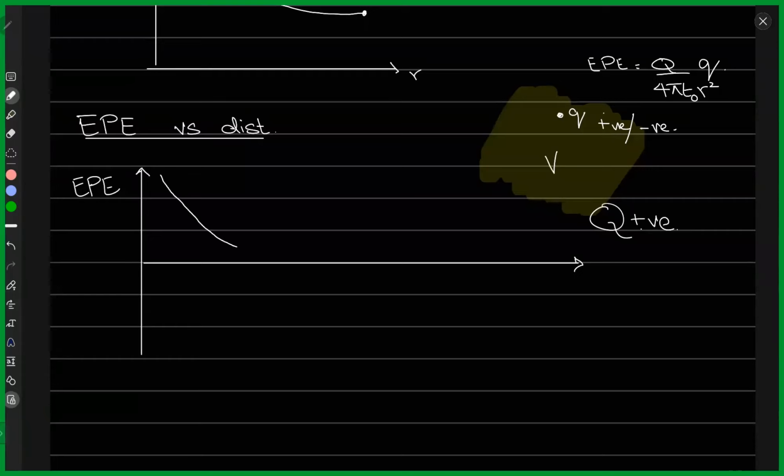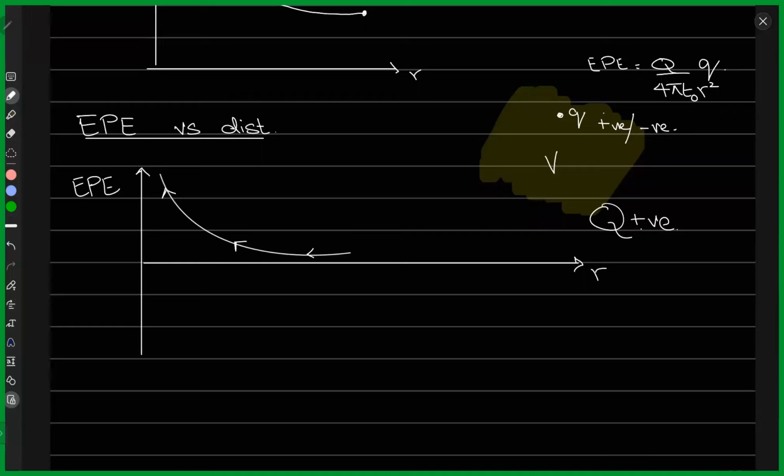and closer to, let me try to draw it again. I hope I can draw it properly. Yeah, so it looks something like this. You can see clearly from this graph that as it comes closer and closer to another positive charge, this radius r is decreasing. r is just the separation between the two charges. So if my small q comes closer to this positive capital Q, I can see that the electrical potential energy is increasing in this direction,